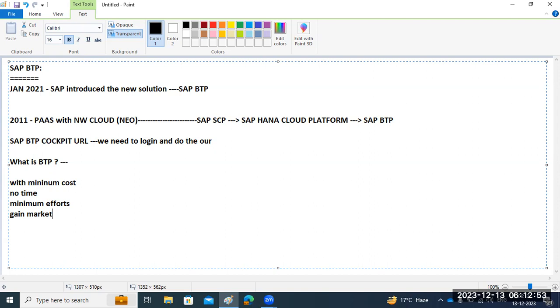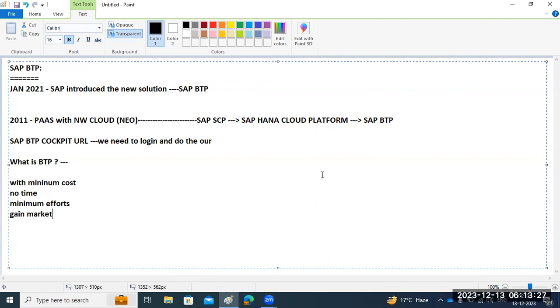So they want to integrate several products and several services. There is a lot of work, right? A lot of work means, suppose in on-premise systems we need to build the infrastructure. On the infrastructure side, we need to procure the hardware, then installations, integrations, configurations, then business logic preparations, all those things we have to do. It's very costly, right? To build the infrastructure, procuring the hardware, all those things are very costly.